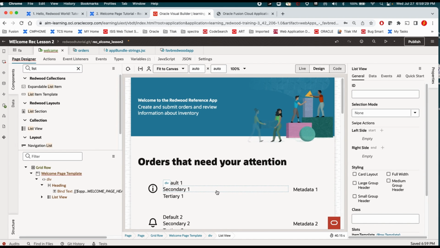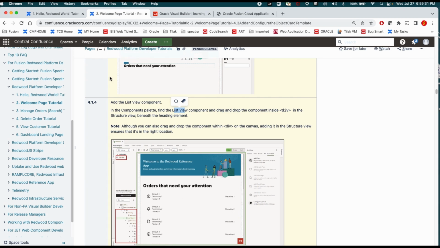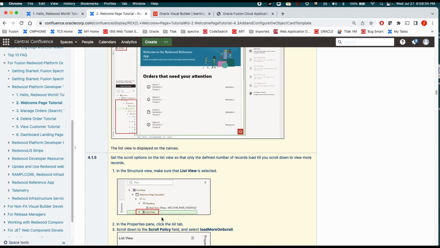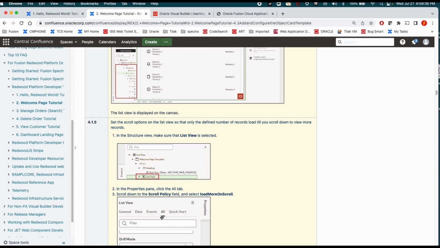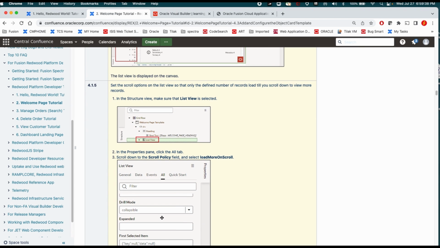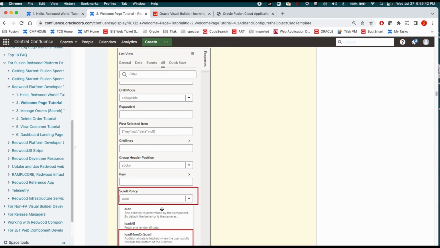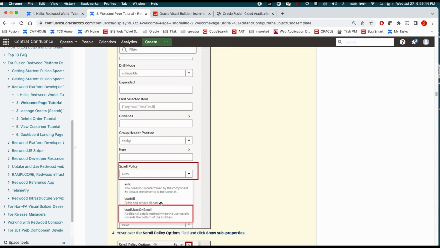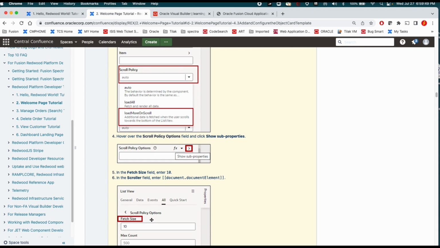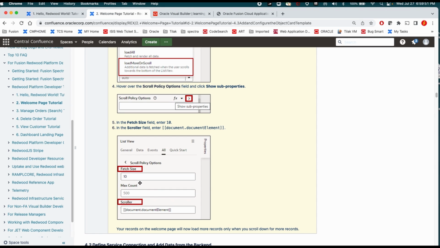Now we have to add data to that. List view is fine. Edit view. What they are giving is scroll policy. They are setting a property for scroll policy. They are setting it to auto. So the scroll policy is auto. We are changing it to load more. Then, going to the scroll policy, the fetch size we are making it